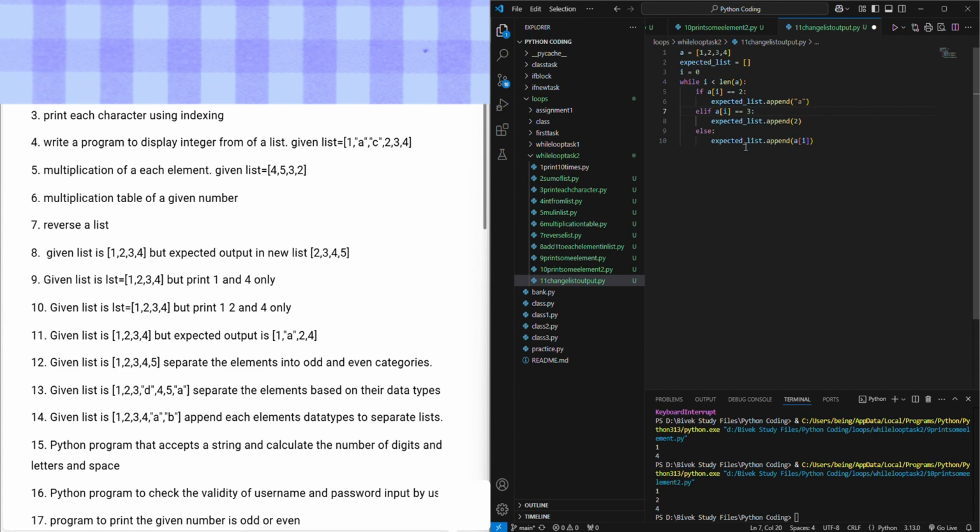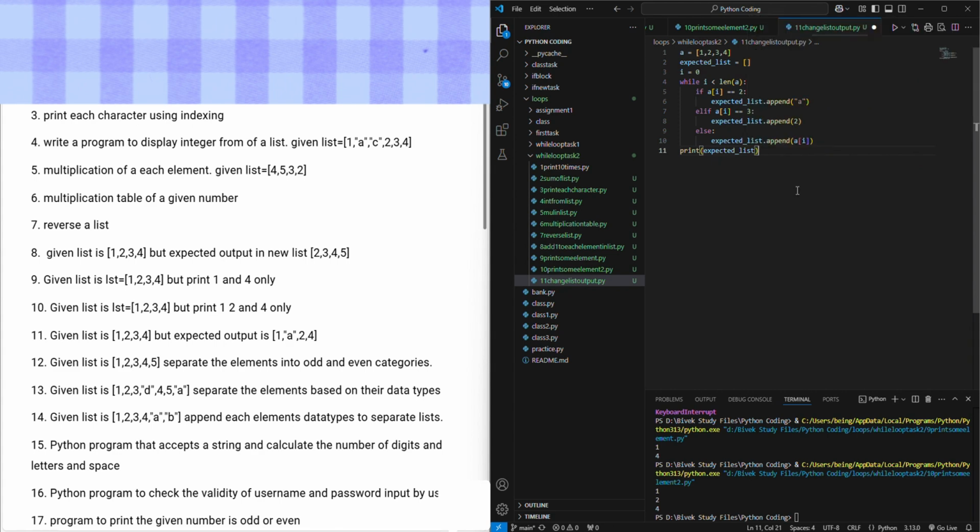Each execution should be done only once. So this will be a good example to use if, elif and else statements. If this value is in, this will append 8, then 3 appends 2, else it will append whatever is coming. So let's go for print